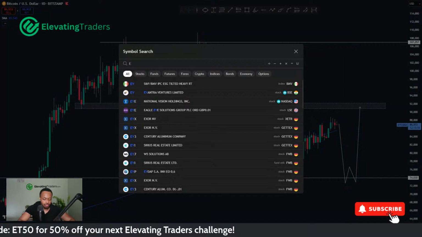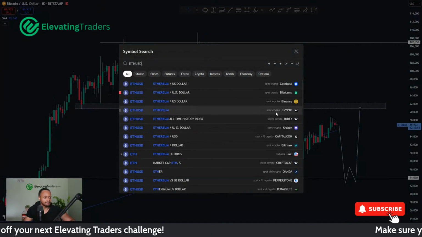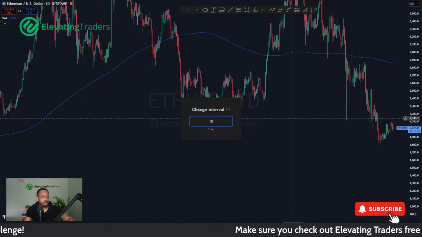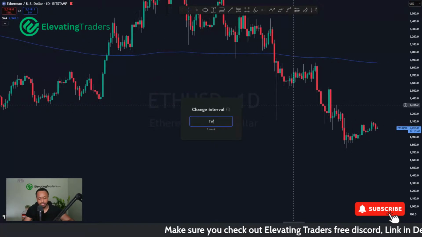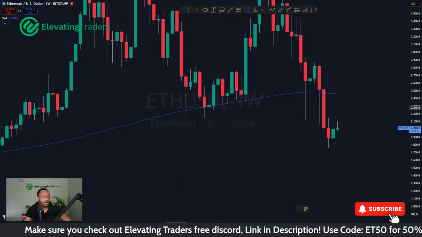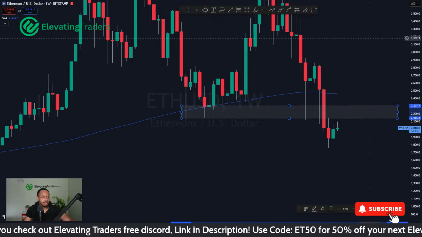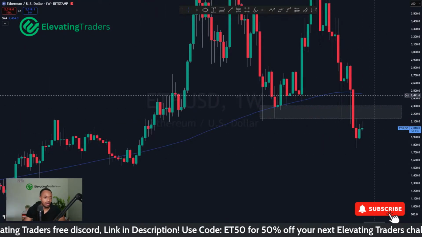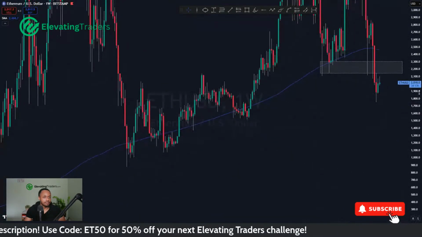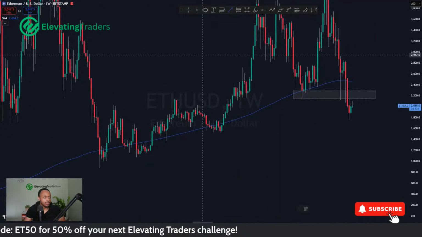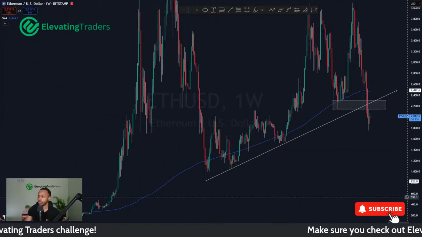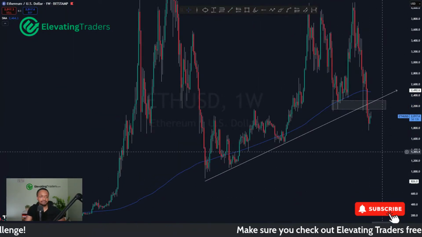Ethereum, are we still respecting resistance as well? Looks like it, but I think the key takeaway with Ethereum is that we're still really corrective on the way up. So unless some crazy bullish momentum comes from somewhere, we're likely to just respect resistance and keep falling. And of course, we've broken out that counter trend line as well. So yeah, not looking too good for the crypto markets.